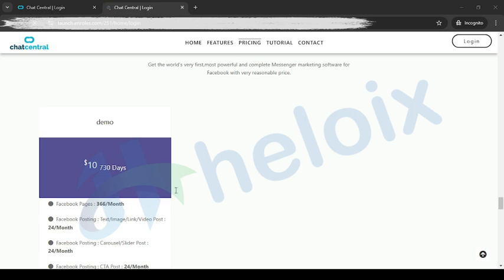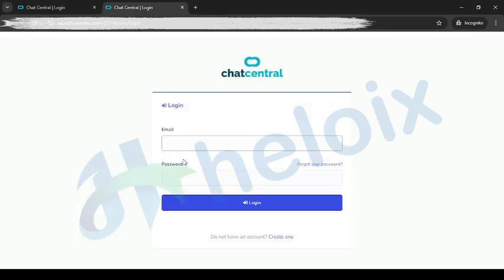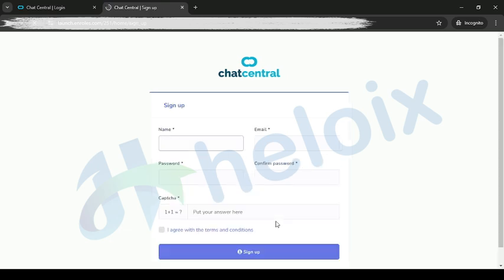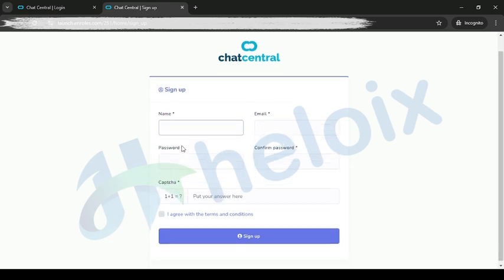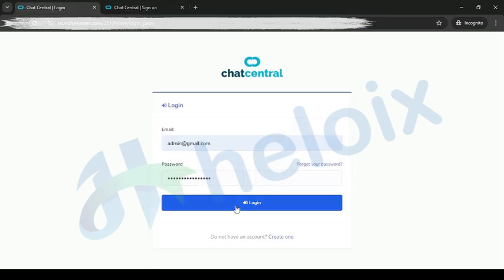Let me log in. Let me show you. A user can log in, or easily register. Currently we do not have a ready-made user ID and password, which is why I'm unable to log in, but no worries, I will show you the super admin, where you will get most of the functions.